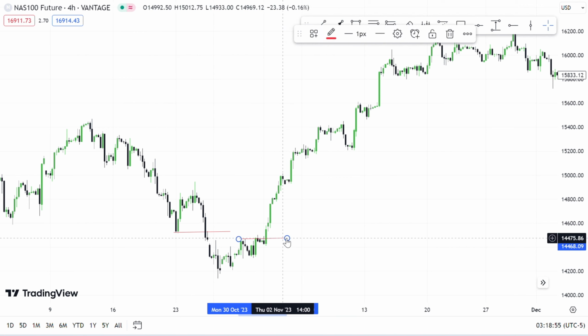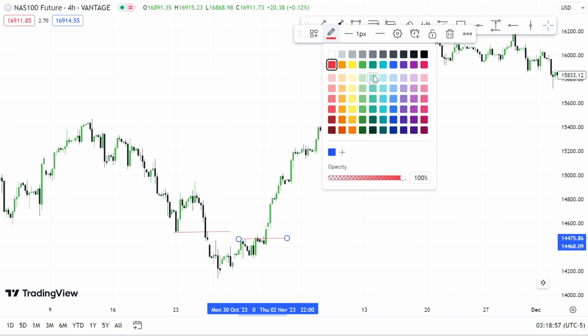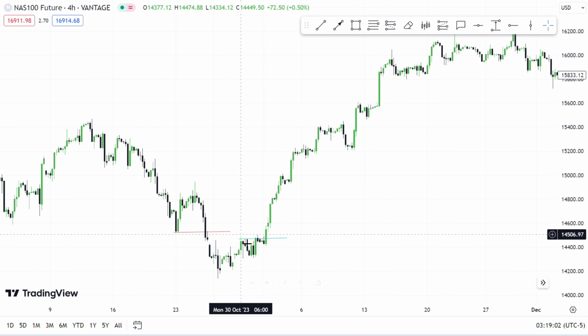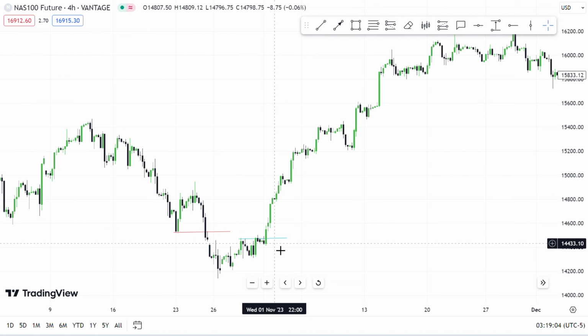The failure to break another low, right? There was a failure to break this low. Instead we broke a high, which is the first confirmation of the market maker buy model. Then what happens after? There was a fair value gap right here,